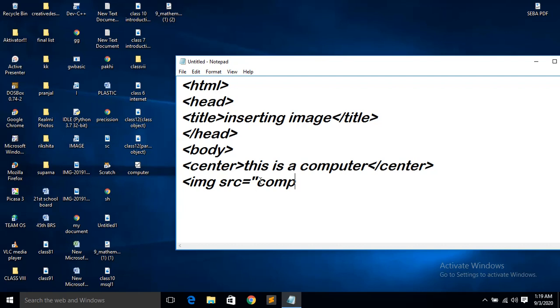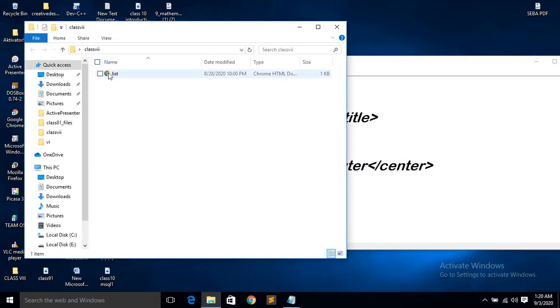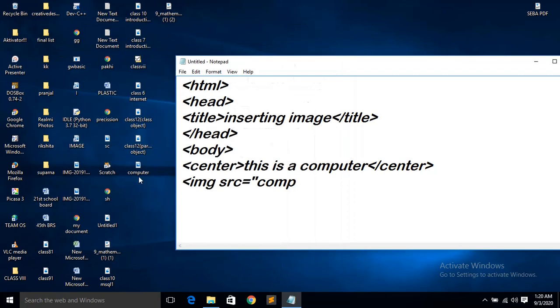Better to bring your file, that means where your file is which you are creating as a notepad. If you save it on the desktop, then the image file should also be inside the desktop only. If you are creating a new one, say, that day I showed you how to store it in the folder. If I save the file here, you have to save the picture file also. Let me show you how to save the picture file.